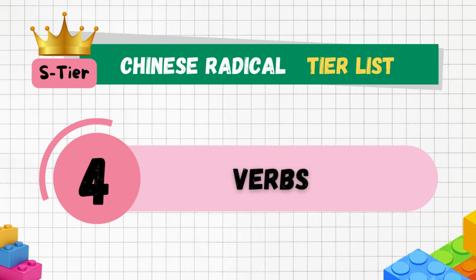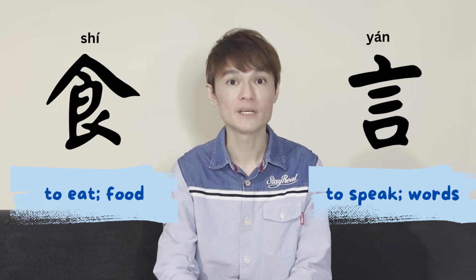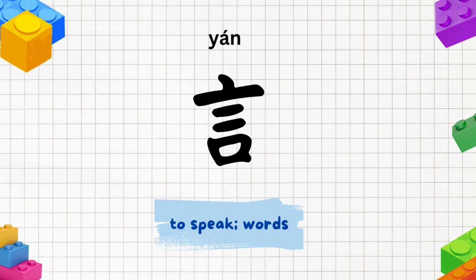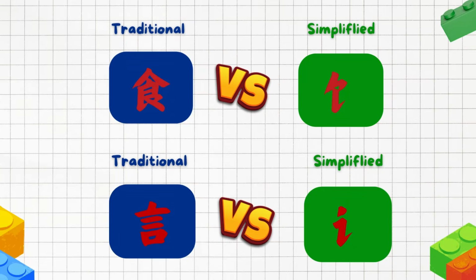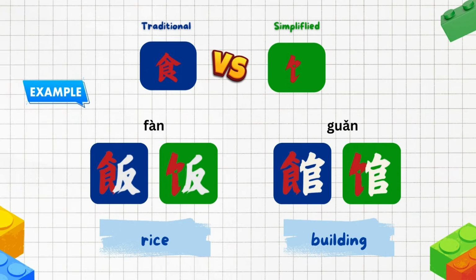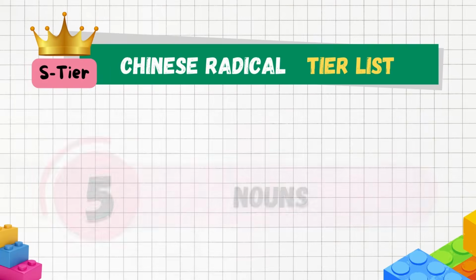Coming up, here are 2 important verbs, 食 and 言. Interestingly enough, when these 2 standalone words are combined as a compound word, 食言, it means someone is breaking a promise or failing to fulfill commitments. As you can see, whether they function as 2 independent words or a compound word, the traditional and simplified forms are identical. However, when they are part of other characters, the traditional forms almost stay the same, while the simplified form changes slightly.